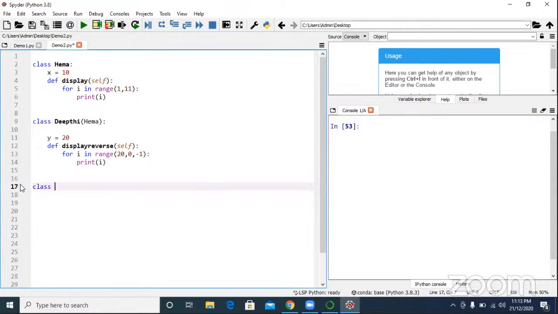Now, class Surya came into picture. Surya is acquiring Deepti. How many methods are there in Surya? Think and tell me.